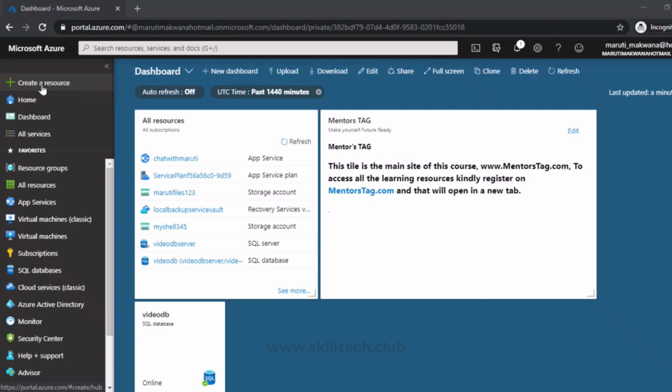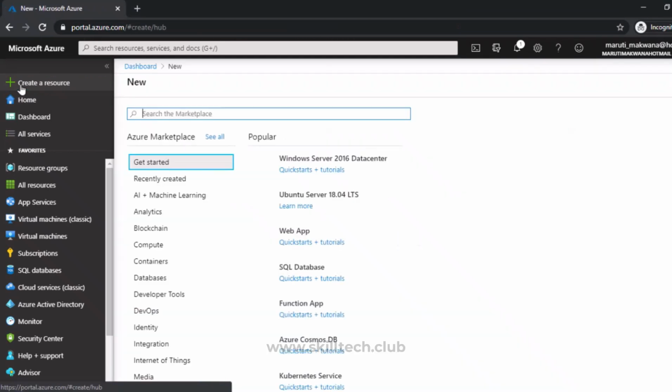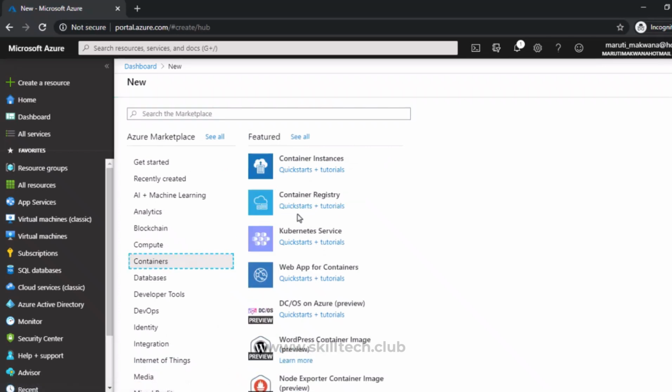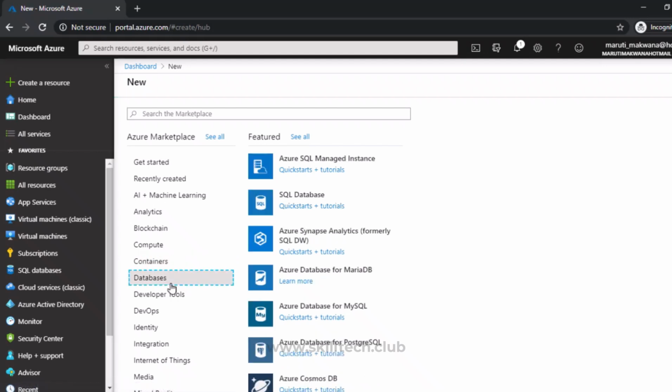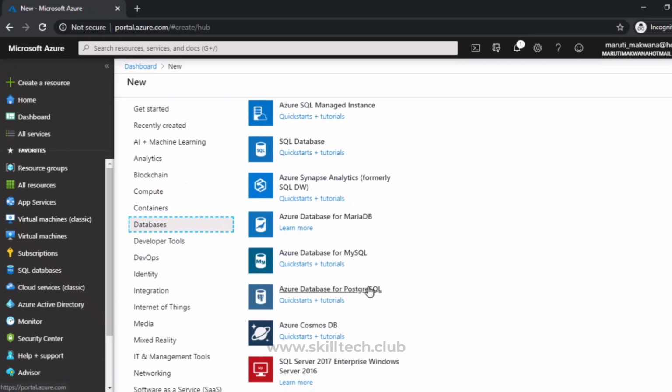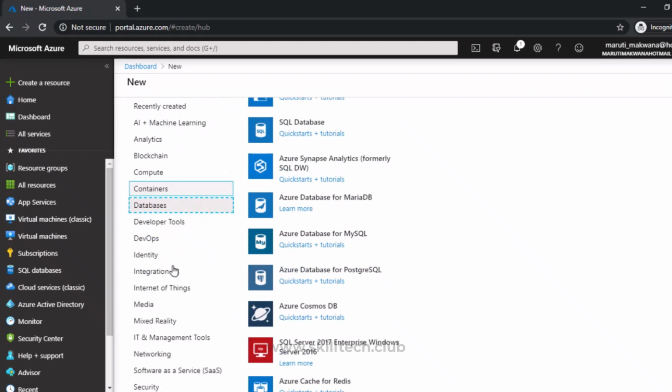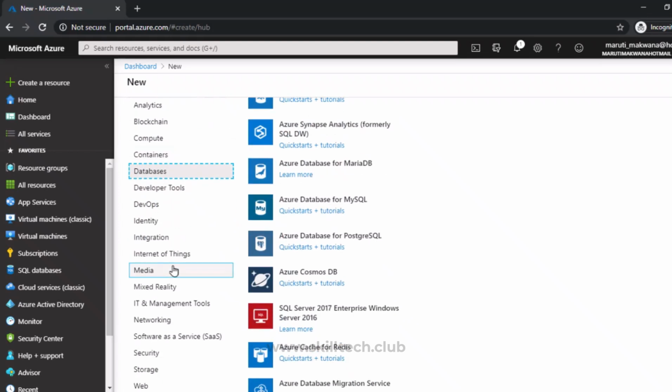As you can see in the left side column, we have a Create a resource button. And if I click on this, we have flavors of resources available. If you want to create a virtual machine, or maybe you want to create containerized applications with Kubernetes or maybe container registry, or maybe you want to host a simple database which is a SQL database, or maybe MySQL or PostgreSQL. Azure resources are available on Azure Portal,